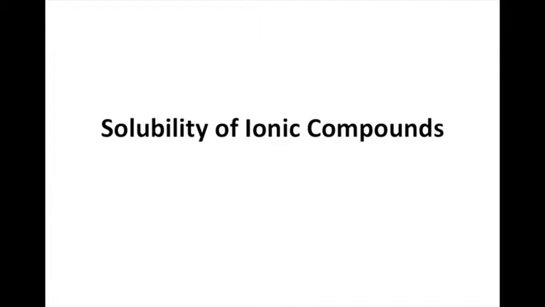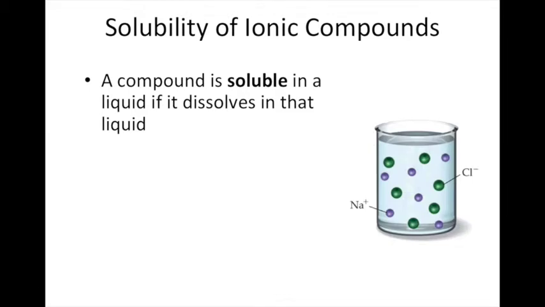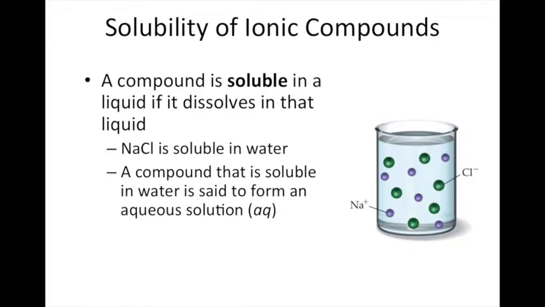In this video, we are going to examine the solubility of ionic compounds. A compound is said to be soluble if, when you put it in a liquid, it totally dissolves in that liquid so that it disappears. An example of that would be sodium chloride or table salt. When you put it into water, it disappears or dissolves, so we say that it is soluble. A compound that is soluble in water is said to form an aqueous solution, and oftentimes we'll abbreviate that as